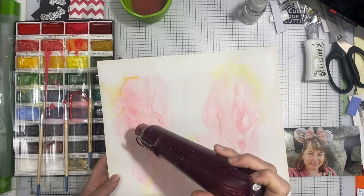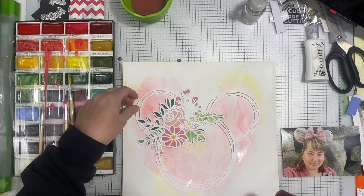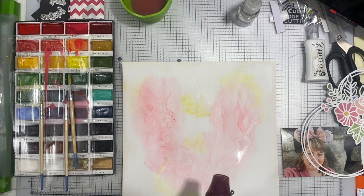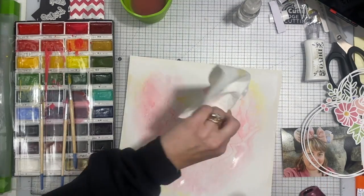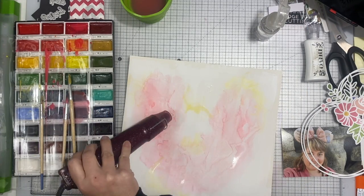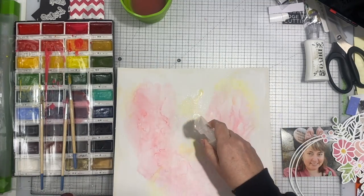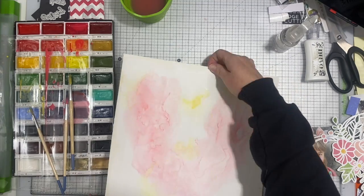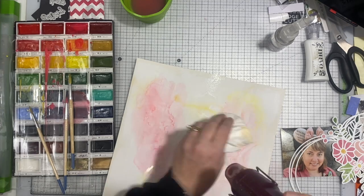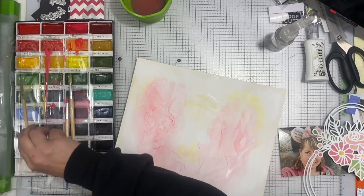So you see me putting the paint on the page with my brush, and sometimes that kind of leaves a little bit of a brush effect. It's not like paint with acrylic where it's going on thick, but it definitely leaves a different look to it than if you spray it with the water. If you just give it a little spritz of water right after, it kind of softens everything and gets everything moving around a little bit. So those are the best tips that I have for you if you're interested in doing any watercolor mixed media type